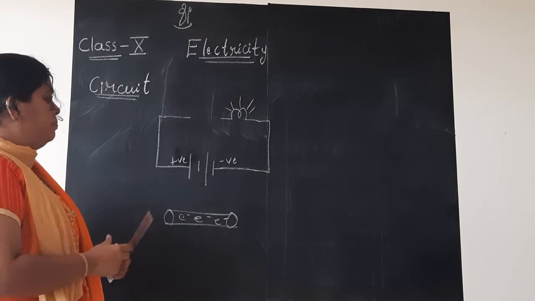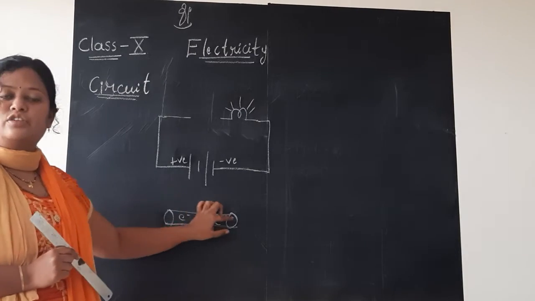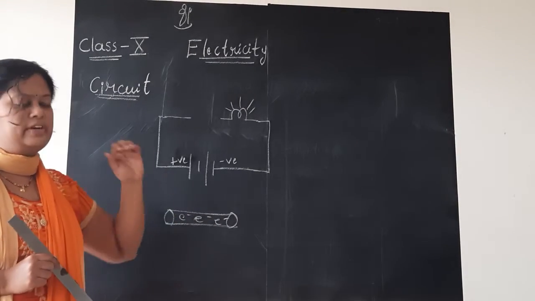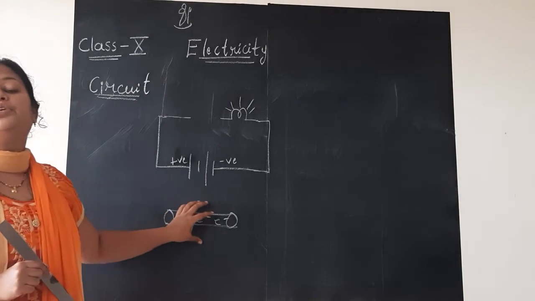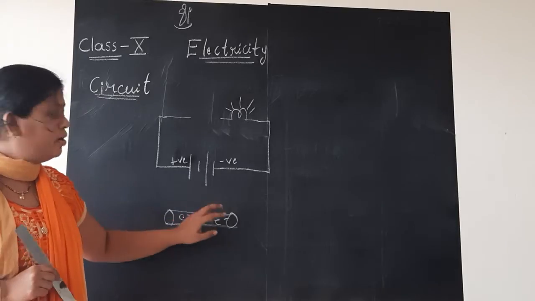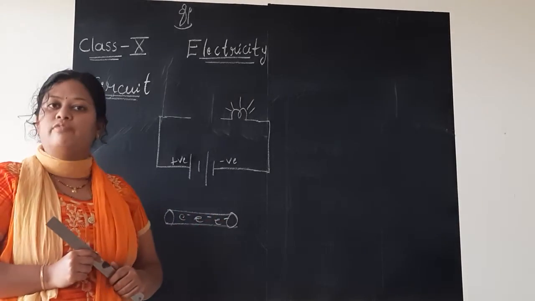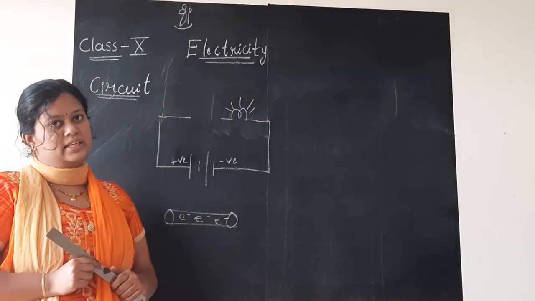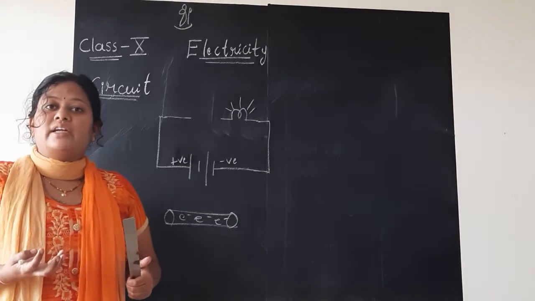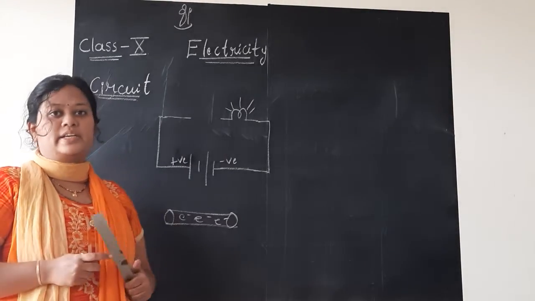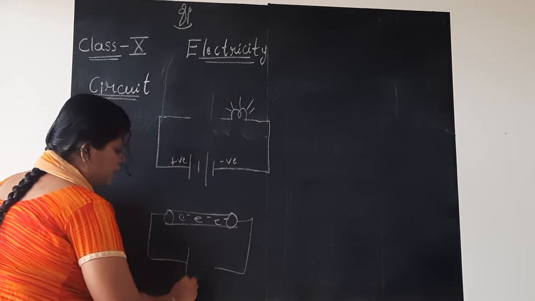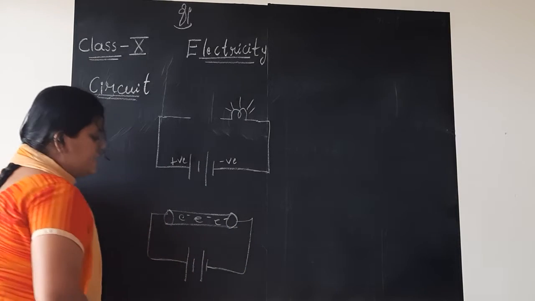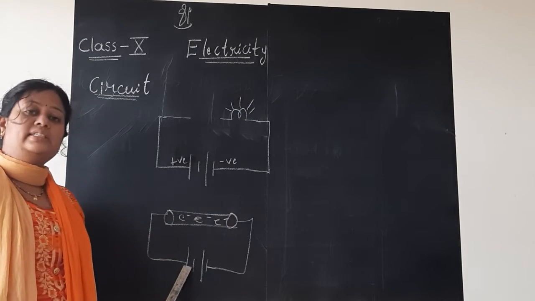Here, if you simply keep the wire, will the electrons flow or will there be any current if I simply hold the wire? No. Some potential difference needs to be applied to this wire in order to make the electrons flow in it. That we studied in the last class. From where do you provide this potential difference? It is very simple, by connecting it to the battery. I said, children, battery or the cell.